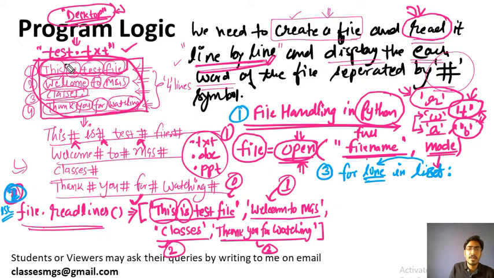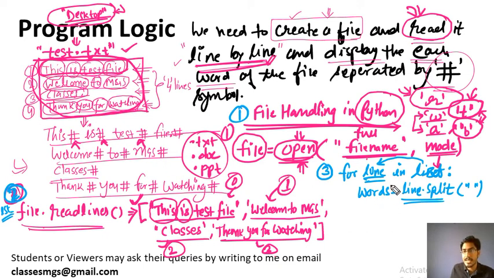And how to fetch the word, you use the split method of the string. So line is a string variable that is having this whole line of words. To iterate each word, you will use the split method. So words will be fetched using the split method. You will write line dot split, and this split method will create another list object, and that list object will have each word.